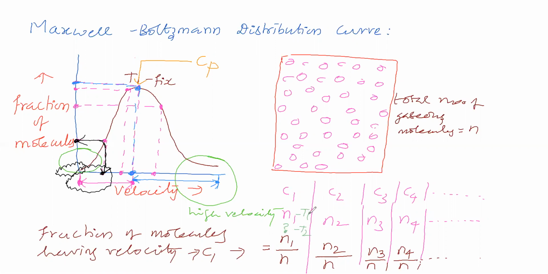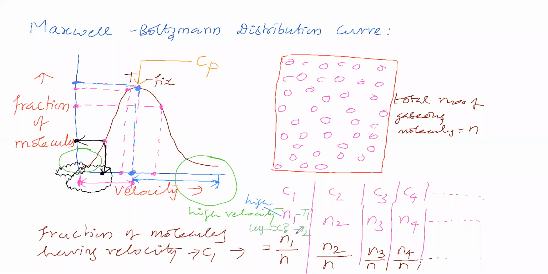Now see, when the temperature is T1, N1 molecules have velocity C1. Now we are increasing the temperature. When the temperature is T2, we are changing only temperature, not other factors. When the temperature is increased to T2, what is the number of gaseous molecules having velocity C1? You are saying it will be lesser than N1.